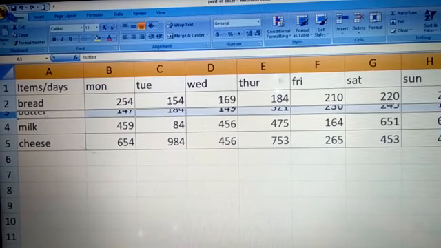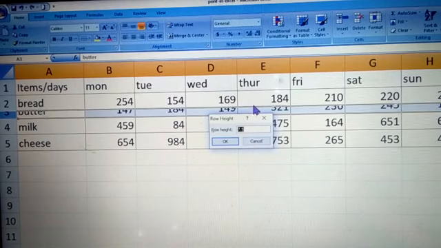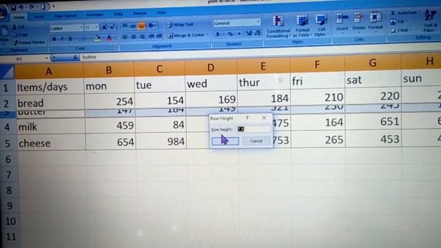Then in the Home tab we will look for the Cells group. In the Cells group, the Format option is there. When you click on it, there is this Row Height option. When you click on Row Height, a dialog box will appear and it will ask you the amount you want. Right now it is 7.5. If I want to increase it, say to 9, I will say OK.